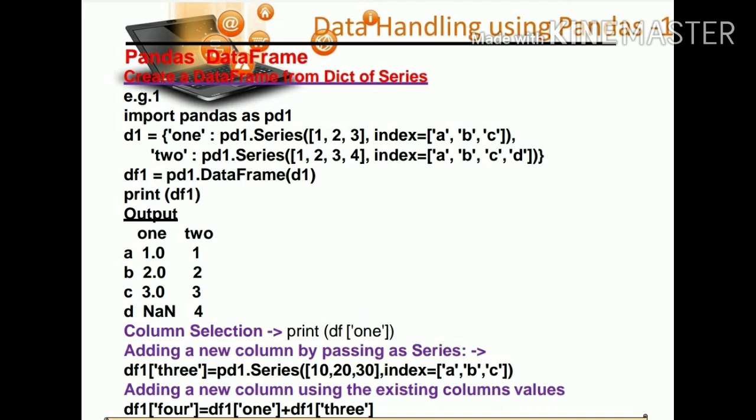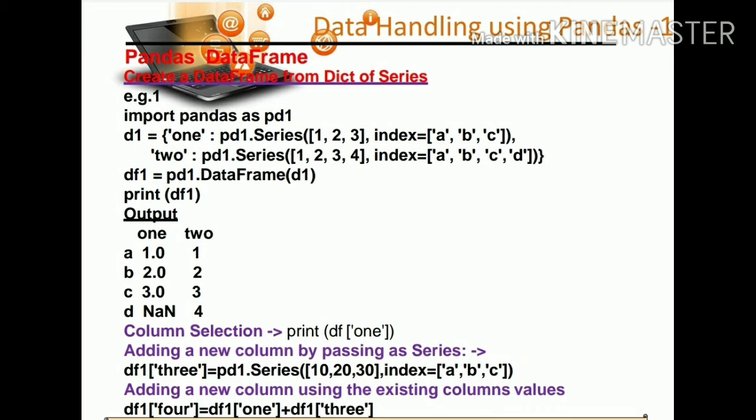Then d1 we have created from series, but we have to create a data frame actually. That's why df1 equals pd.DataFrame, and then in brackets d1 we are creating a data frame from series. So first we use the series constructor, and we create values in the variable d1 for series, and this series variable we have to call in the data frame constructor. I hope it is clear.